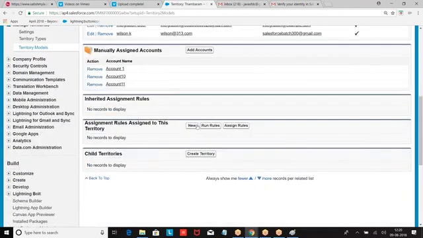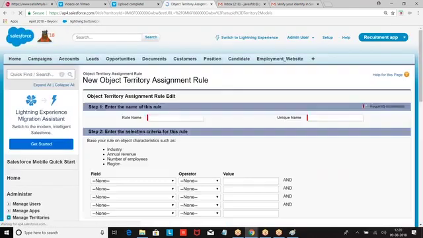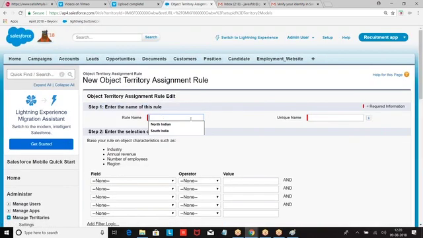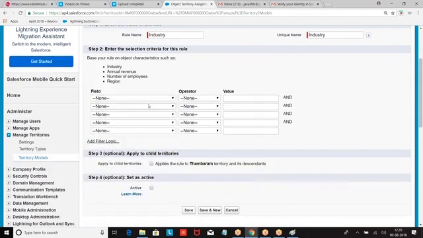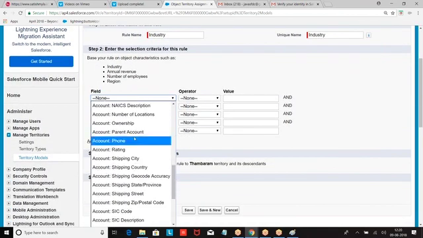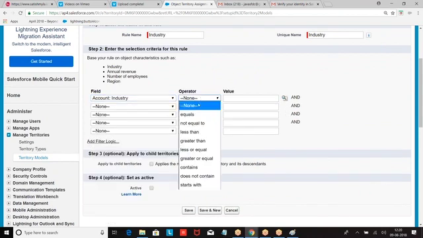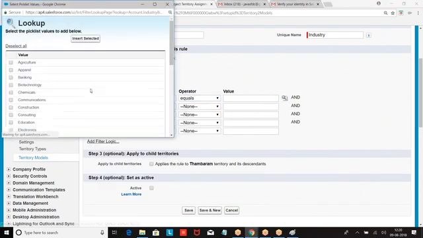Now, you want to apply any rule? Industry rule. I am giving industry equal to education.